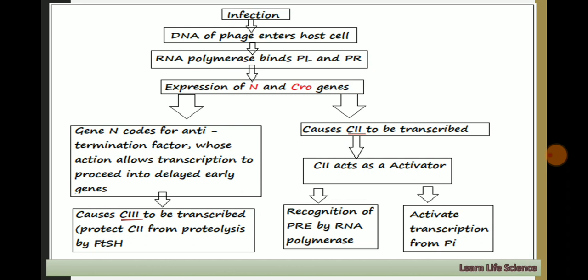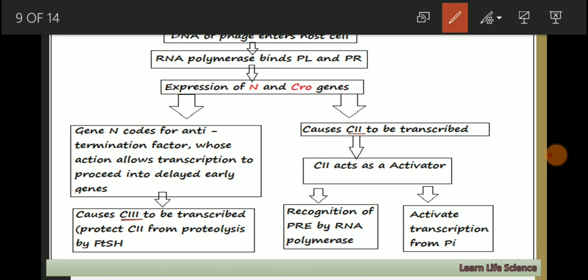Then the third step, the main step that starts, is that the RNA polymerase is going to bind firstly at PL as well as PR promoter. Okay, and if you remember, PL promoter is responsible for transcription of N, as well as PR promoter is responsible for transcription from CRO genes. Now, gene N codes for anti-termination factor, whose action will allow transcription to proceed in delayed early genes. Okay, then it will cause C3 to be transcribed